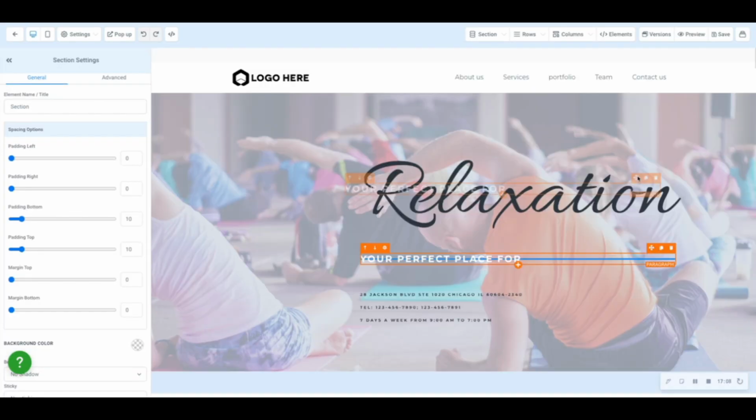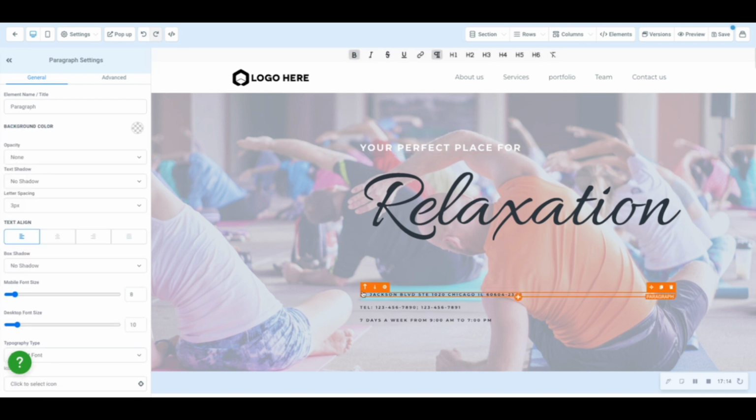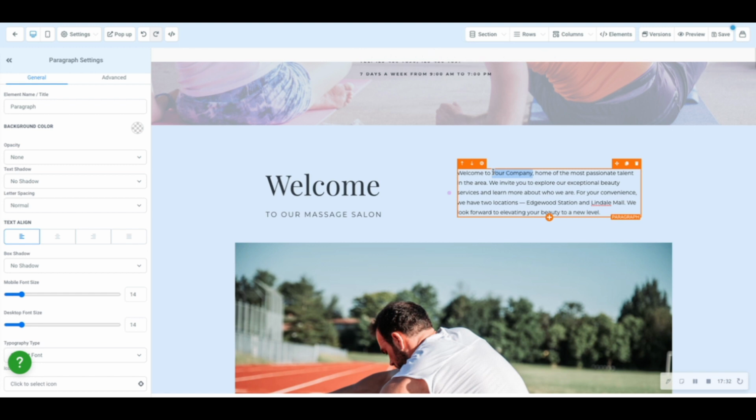So you just want to take a look at it, make sure it is speaking to you, things like this. So I would put in here your client's address, their Twilio number in the tell area, and their hours of operation. So welcome to your company. I would put the name of their company here, and let me show you guys a super cool trick. If you have a client in a particular niche, right, and you're going to be using a template like this over and over again for several different clients, customize this once and do it through custom values. So let's take a look at